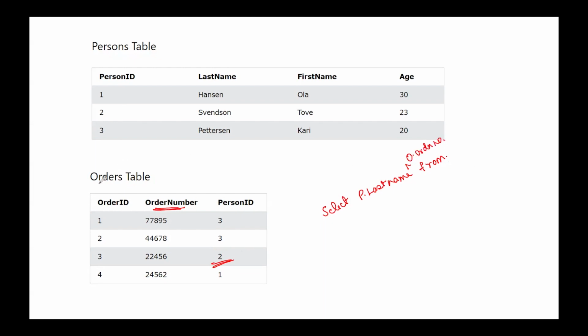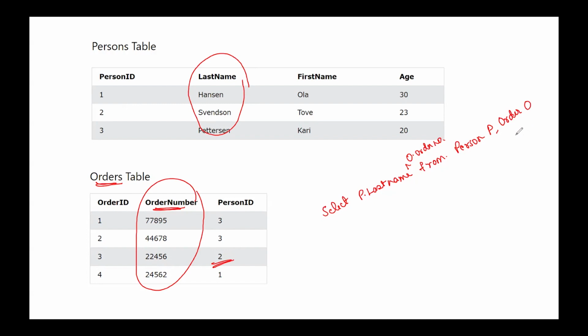O is the aliasing for the order table. So what am I accessing? I am accessing the last name of the person and also the order number, with only the details of a person ID. So I need two tables. I will say person P, comma, order O. When I write this, the system will immediately understand the aliasing I have given,